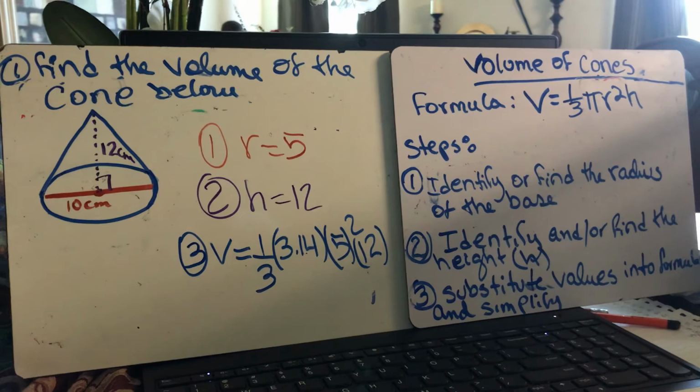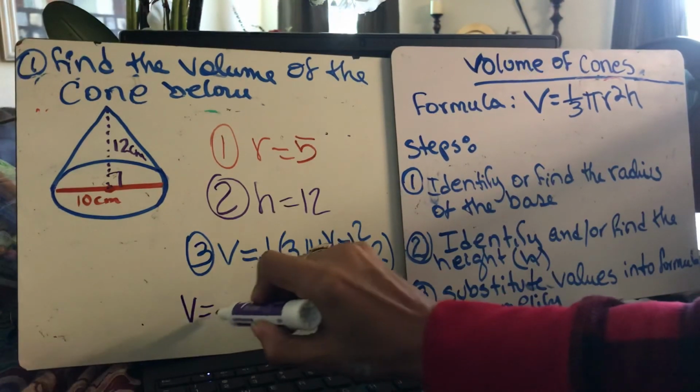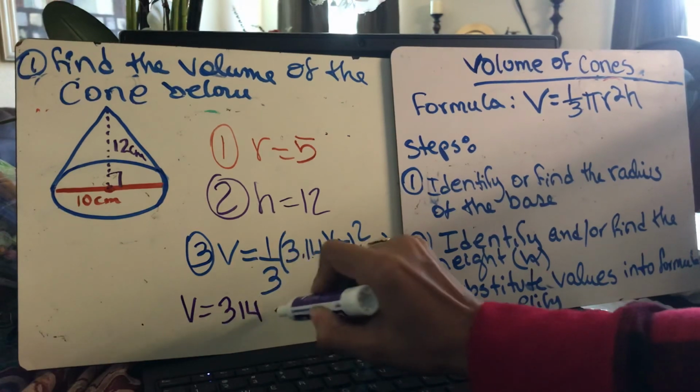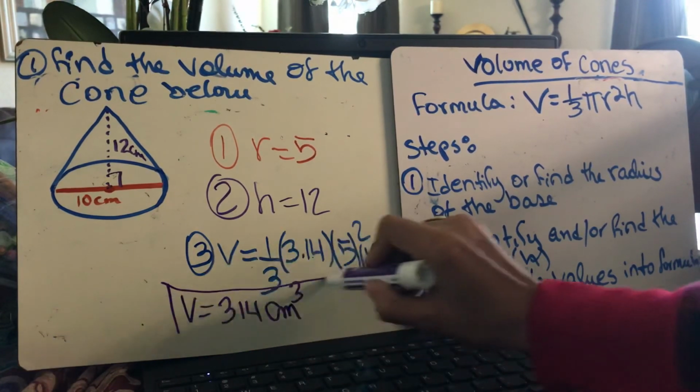And I like to do the square first because I'm not using a calculator, I'm actually using my phone. 5 times 5 is 25 times 12. That's 300 times 3.14, and then divided by 3, that is 314. So my volume is 314 centimeters to the third power. And that is my